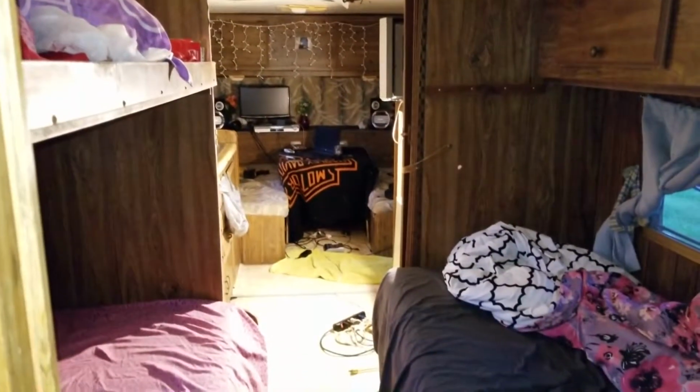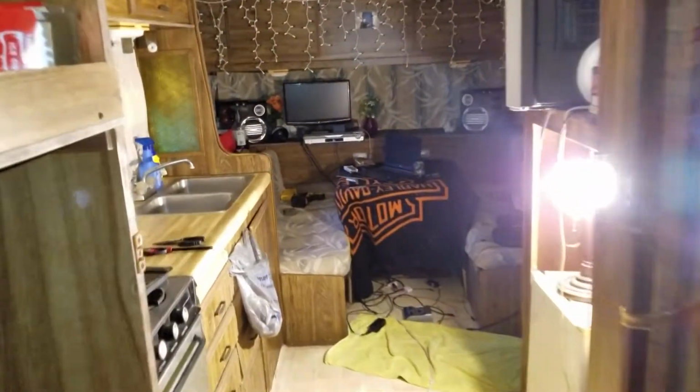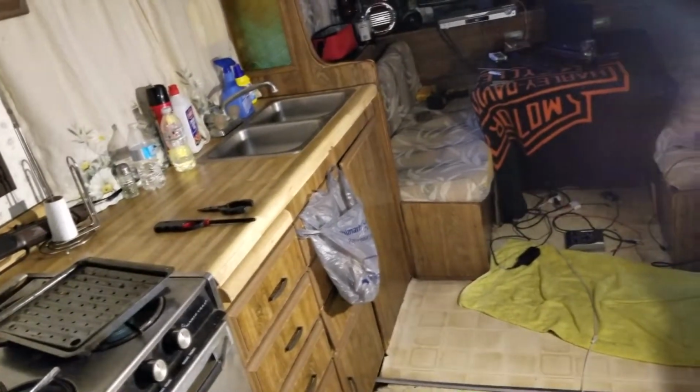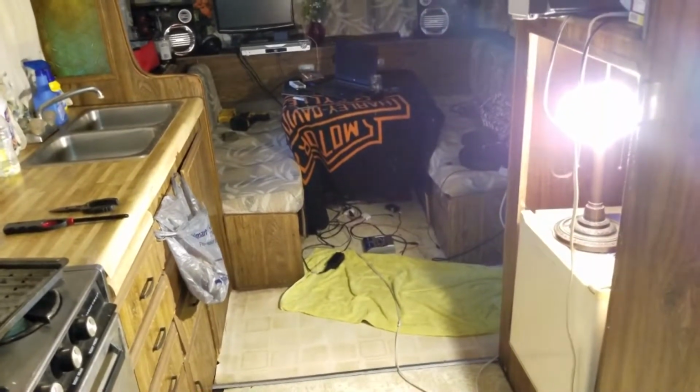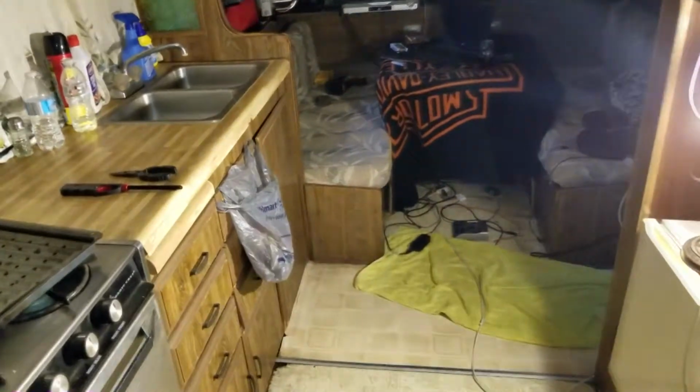I sleep here. It's not big, not huge, but I mean, if you go to the back and you look towards the front, it's honestly a good amount of space, especially for me. I usually have friends out here once in a while, and I love it. It's my baby. So I cook out here, I wash dishes out here, I take showers out here, all on a 45-gallon fresh tank with a pump. And I found now that I was going to charge the battery for the pump, the 12-volt battery, every